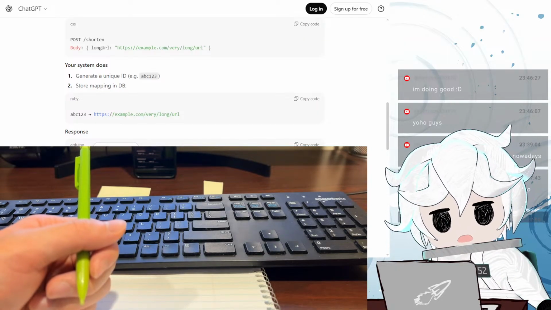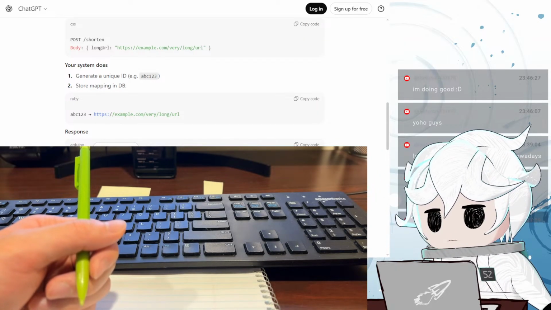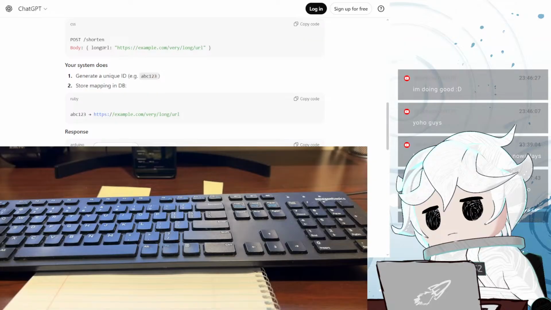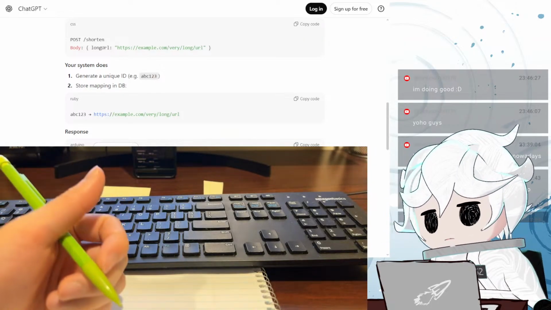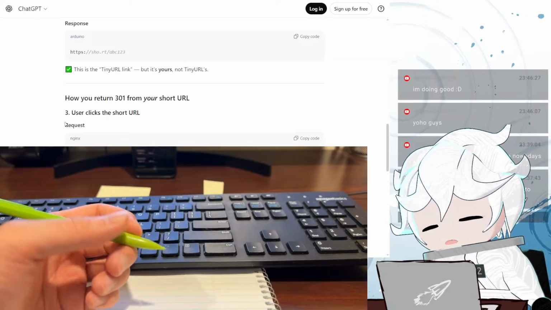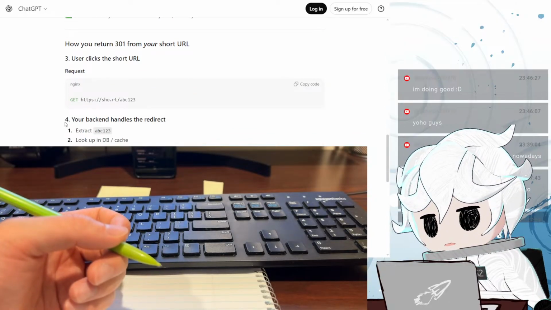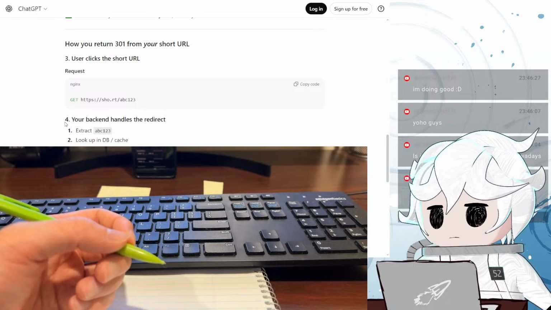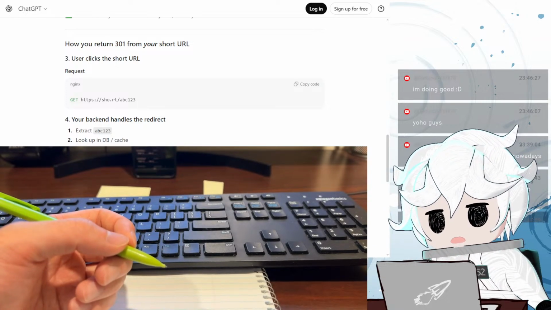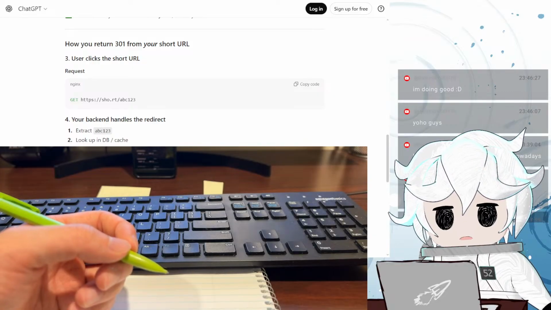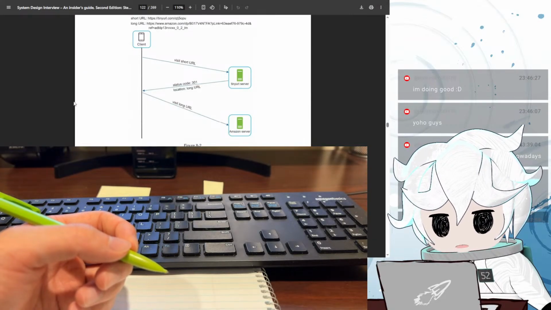Got it. Okay. When the user clicks the short URL, oh, it goes to our backend. And then we return the HTTP status with the redirect. Oh, I see. I think I get it now, okay.